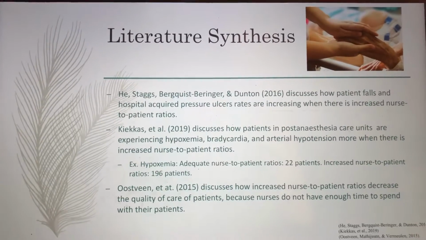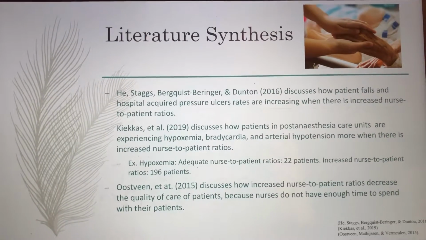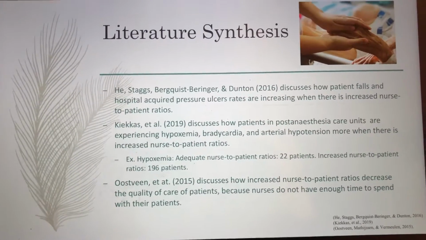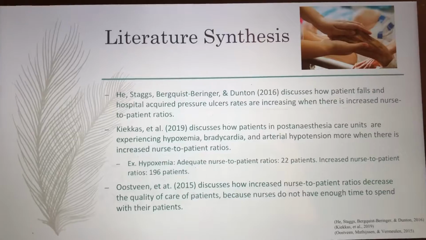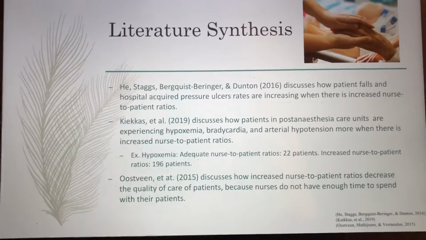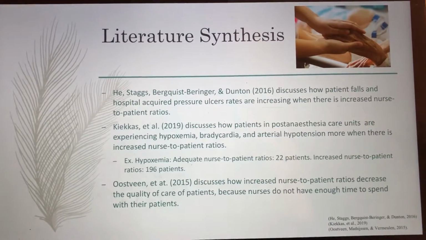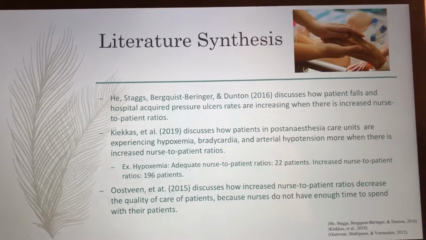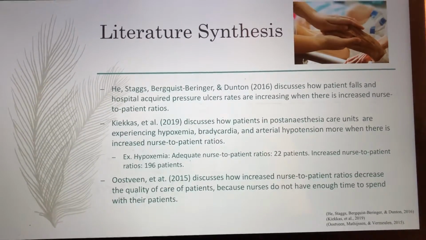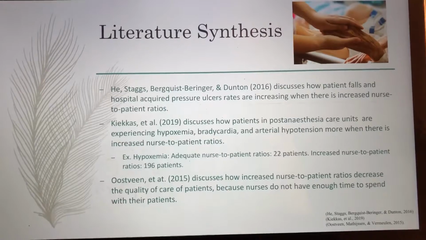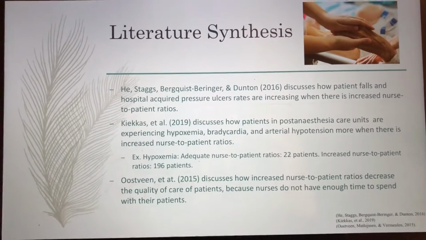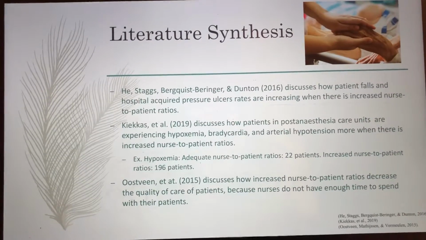It showed that with adequate nurse-to-patient ratios, only 22 patients got this, but with increased nurse-to-patient ratios, 196 patients got it, which is a huge difference and really shows that we do need adequate nurse-to-patient ratios. So with these two studies, they talk more about poor outcomes instead of patient mortality, because it's not always about patient mortality, but really it can just be about different infections or diseases that the patients acquire from not